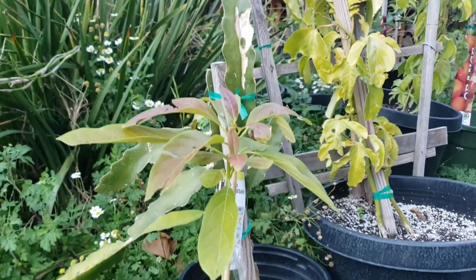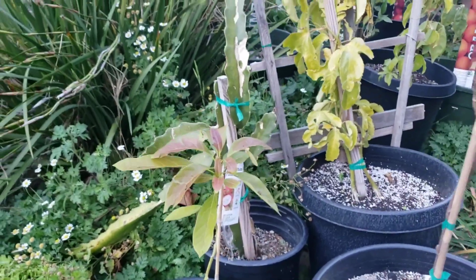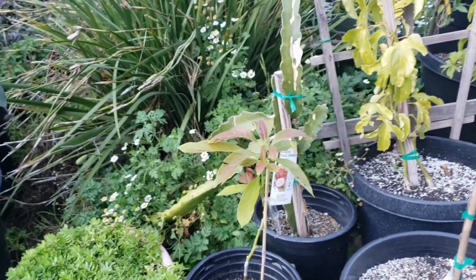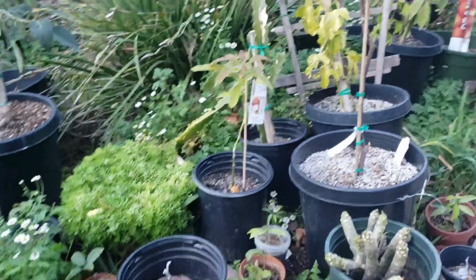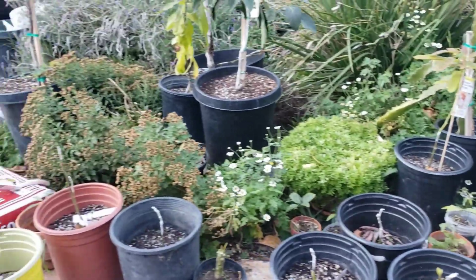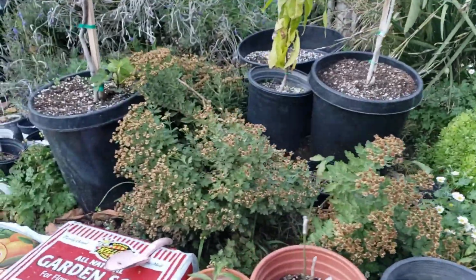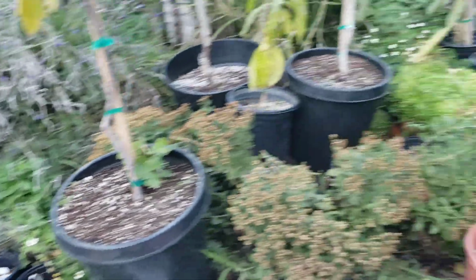Now, there's another graft I did in late September, and that was a lambhas, and that actually leafed out, and that's looking really good. I gave that away, so I don't have that with me. And here's the other graft I did. It spans from like late September to October to November. And here are some of them,